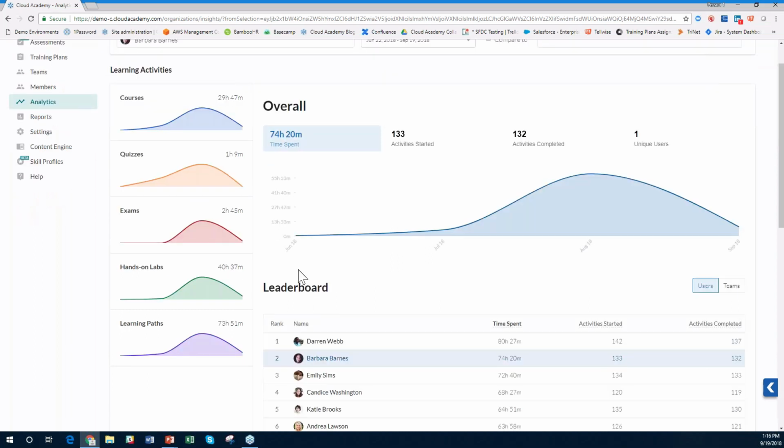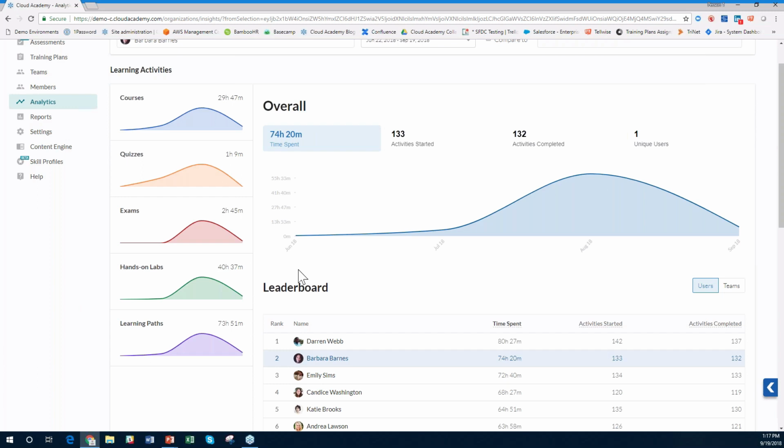So that's your consumption-based reporting. Again, we think that's important. It's an important component, a measurement of ROI for you to make sure people are using it. And as we've alluded to, as I spoke about before, what I've heard prior to coming to Cloud Academy and what we continue to hear is our